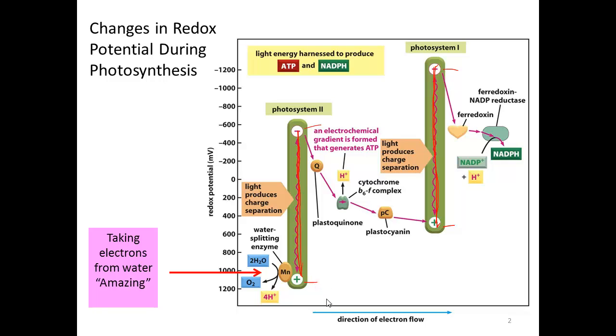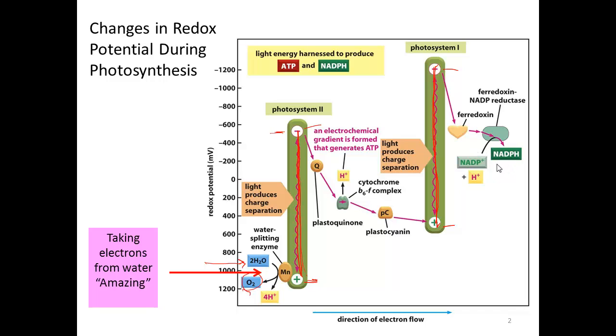So the requirement of two photons is in part because of the amazing property that photosystem 2 is able to rip electrons out of water. It extracts them, producing oxygen. This is the source of oxygen on the planet, and protons. If you extract the starting electrons from such a stable source as water, which is down here, and you have visible photons to promote an electron, this is about the maximum energetic level you can get to, but